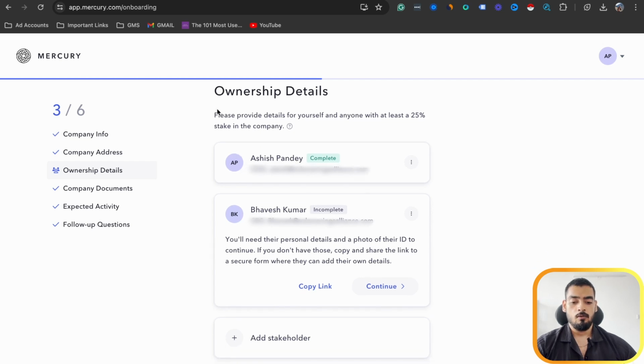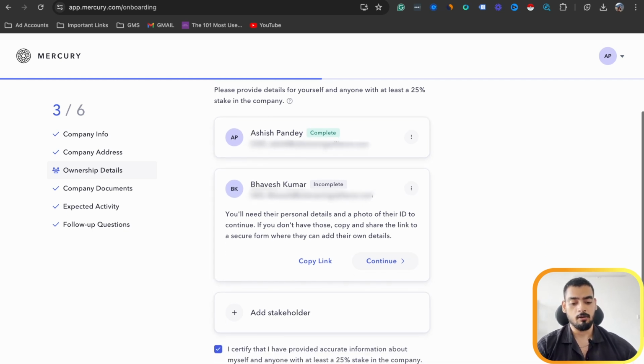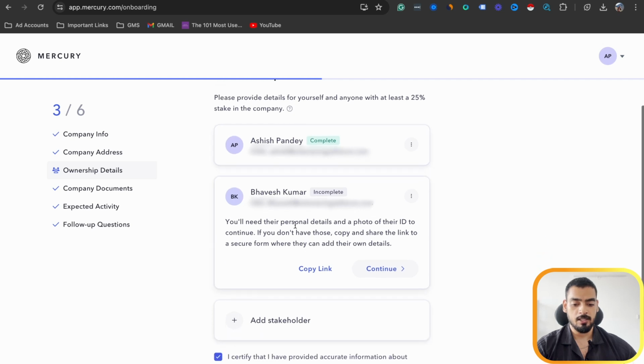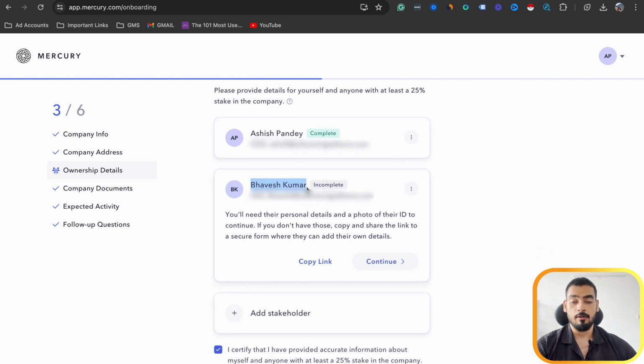Okay, now we are going to move on to the next page। It's called ownership detail। Make sure that you are the owner of the company so that you can go ahead and submit this form। I think you need at least 25% stake in the company to get this bank account done। So you can see one director KYC has already been completed। For the second director Bhavesh, KYC is still incomplete, so we might get it